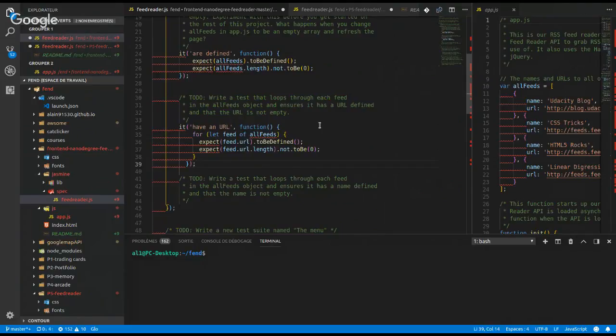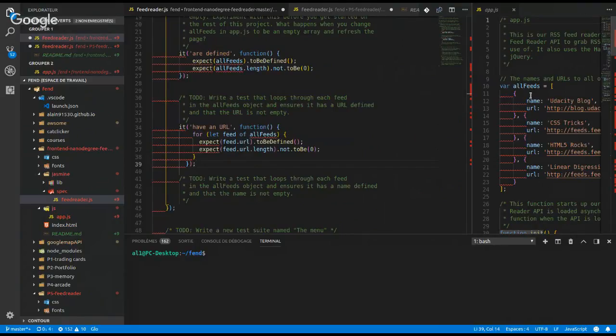But this way it will be more concise with the for-of loop, and let's take benefit of ES6 JavaScript. So for each feed of allFeeds, I expect that feed.url